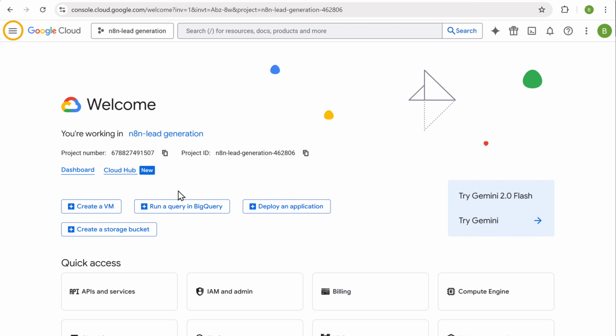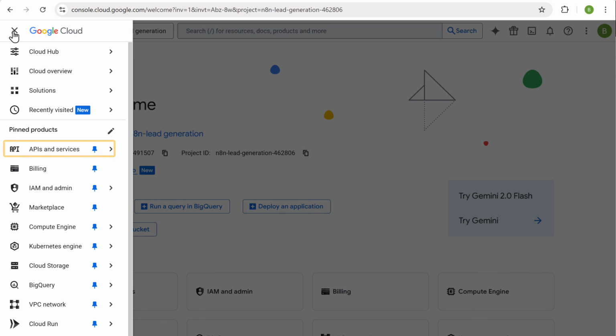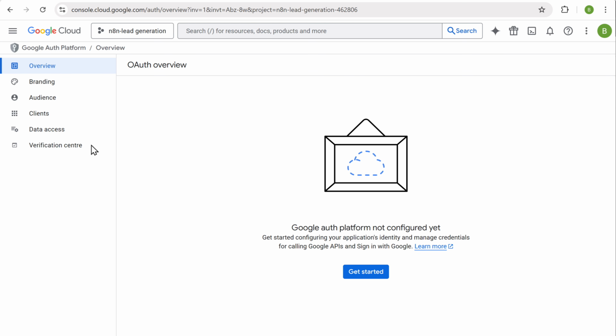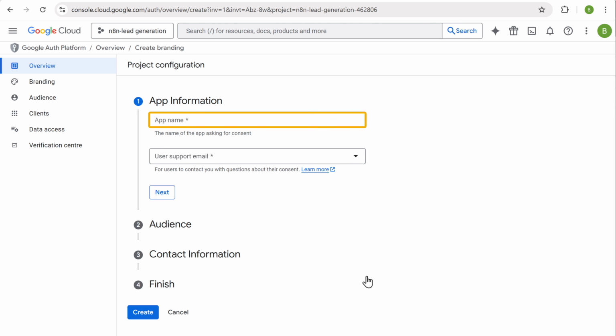Okay, now click here. Go to APIs and services. Then go to auth consent screen and click get started. Here enter a simple name for the app. I'm going to enter n8n lead generation. Then here select your email ID